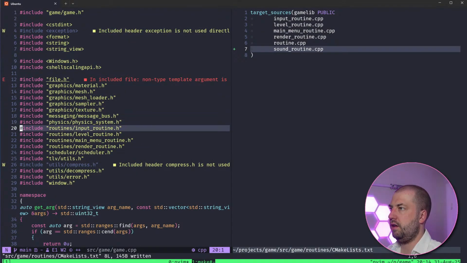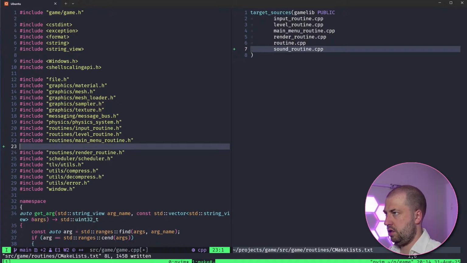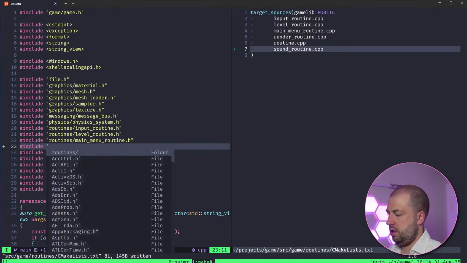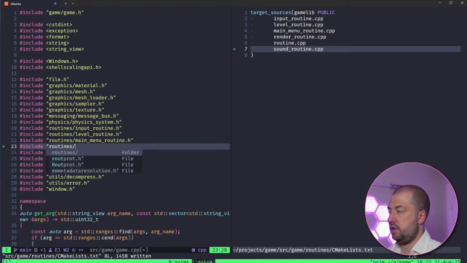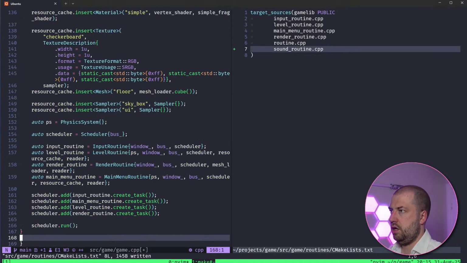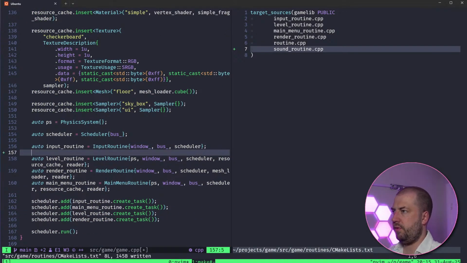So we'll have routines, sound routine. I suspect we will probably want that scheduled after the input, but before the level. I don't think some of the orders of these make a difference, like we always want the render one to be last.